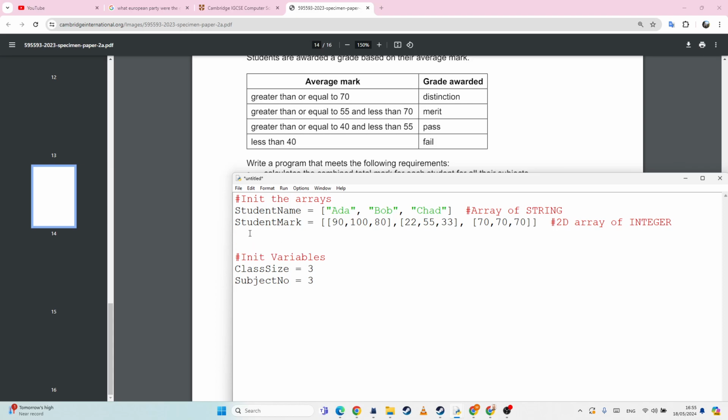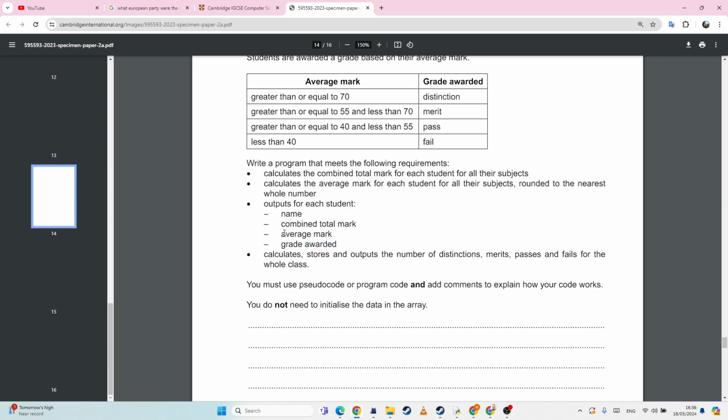So I'll stick them up here, and average mark is going to be an array of integer, and grade awarded is going to be an array of string. Could be a char, but let's do this a string. Okay, so